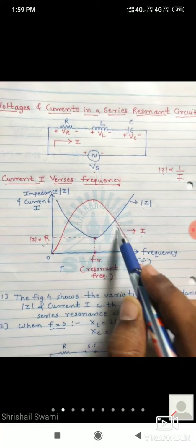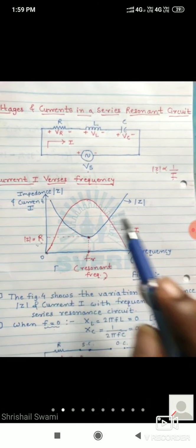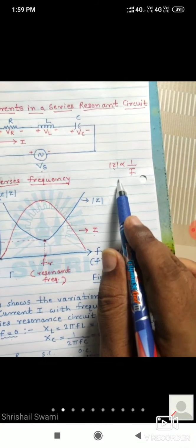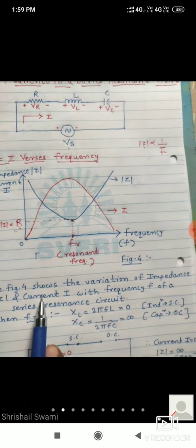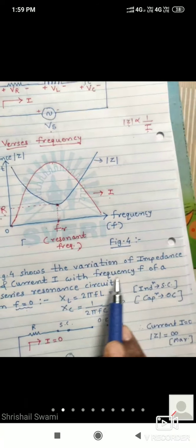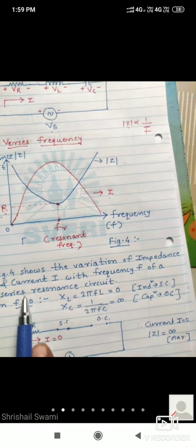What will be the current? So impedance and current, we have seen this relation: impedance is inversely proportional to current, so exactly the opposite curve will come. Okay, now next, figure number 4, this shows the variation of impedance Z and current